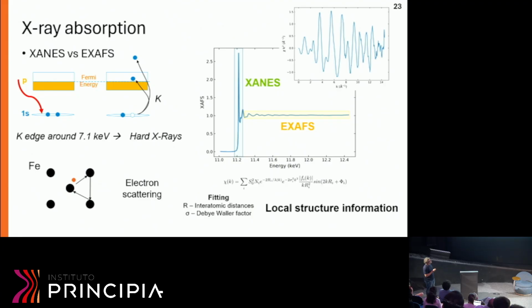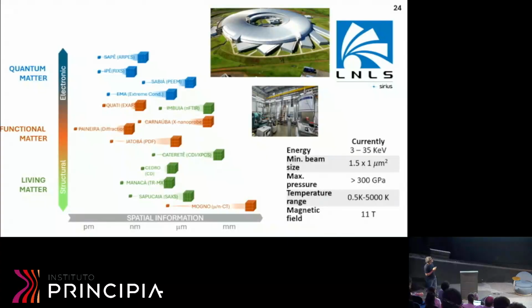And from the absorption, you have these 2 regions, the XANES, which is near the edge of the absorption, and a more extended spectrum, okay, that has these wiggling features. And from that, one can extract the interatomic distance. I guess this is the important information here, that one can obtain the interatomic distance of the absorbing atom, okay, of the local structure. So let's see.